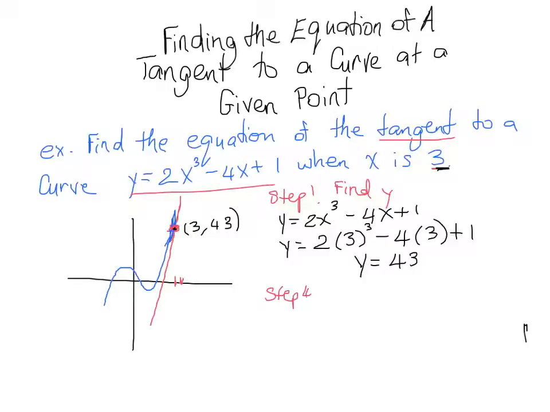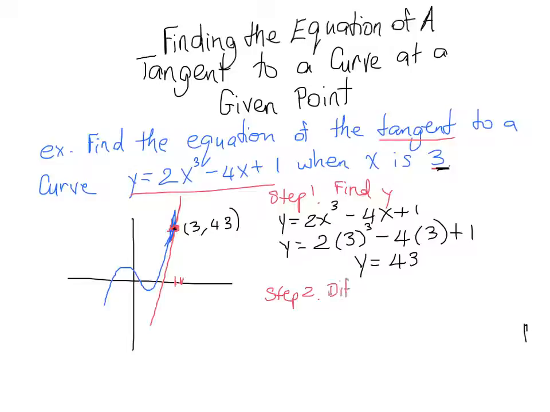Now, in any curve, you can find the slope at any point by differentiating. You may remember that from a prior video. So when you find the derivative, when you differentiate, it's all the same thing, it's really finding the slope at any point in a curve. I don't know why I wrote step 4, but I totally meant step 2. I'm not jumping ahead so fast, not to worry. All right, so step 2,